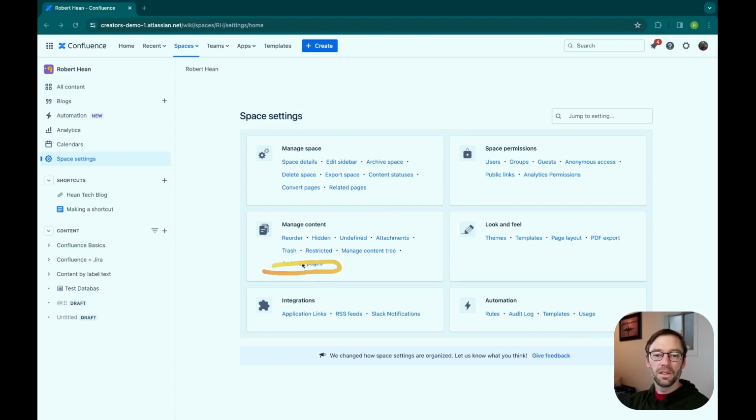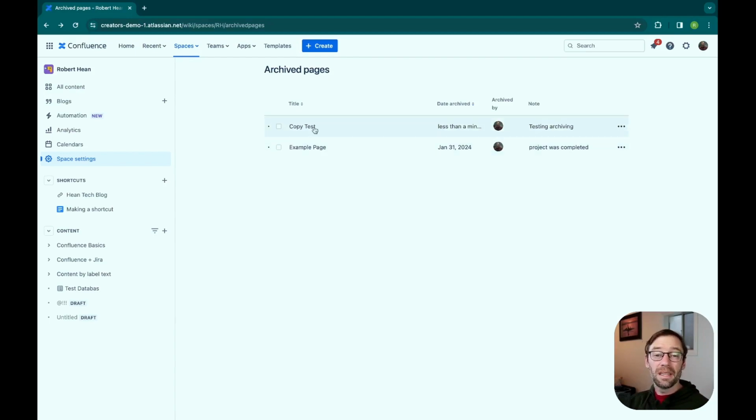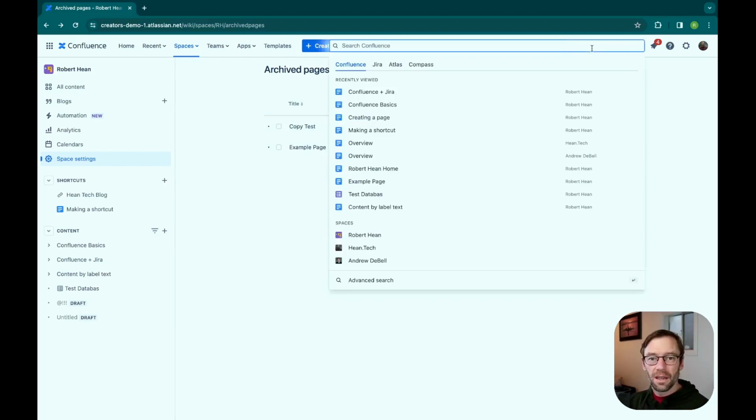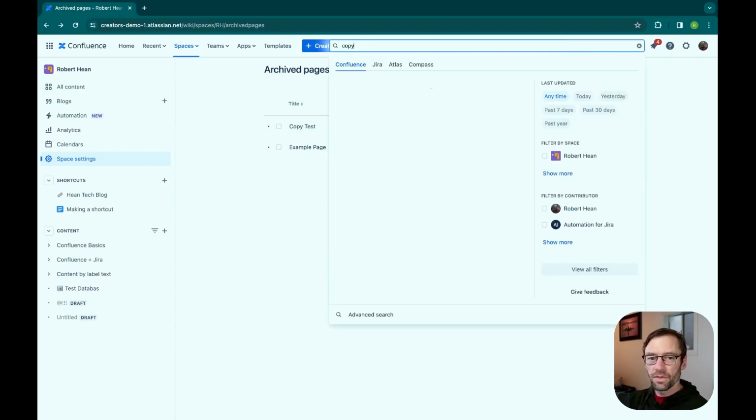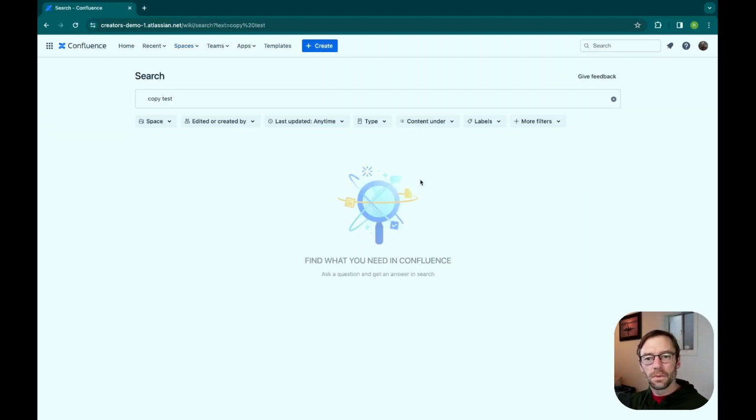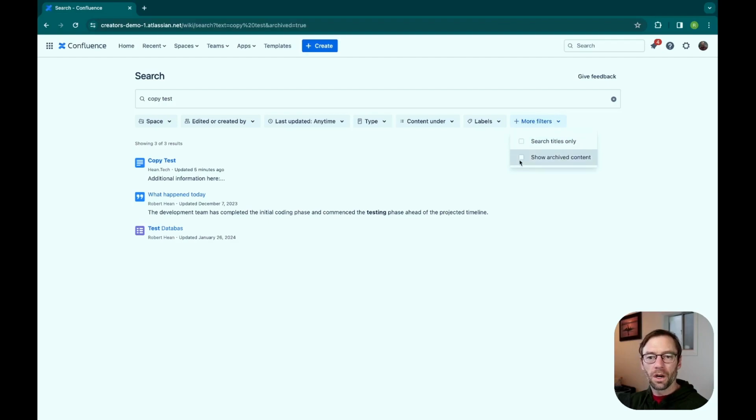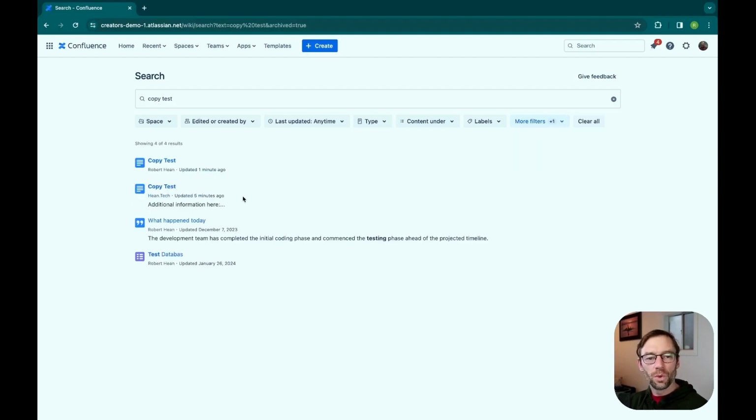Now, this requires admin permissions, so I have to be a space admin. So here I can see Copy Test under Archived Pages. Now, this is in the Robert Heen space, so if I search for it, by default it won't show up because it's been archived. However, if I open up Advanced Search, I do have a filter to show archived content, and this will then include